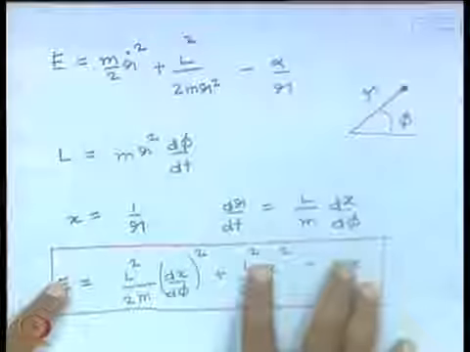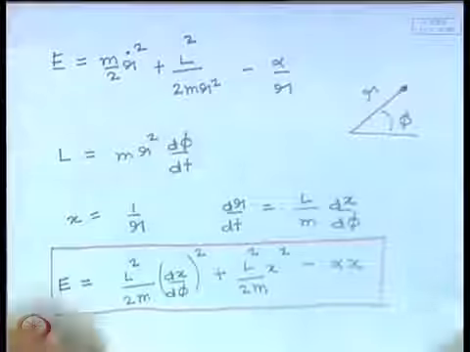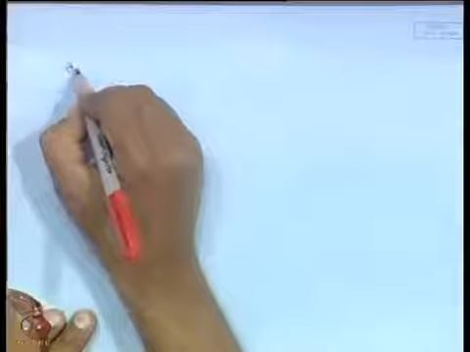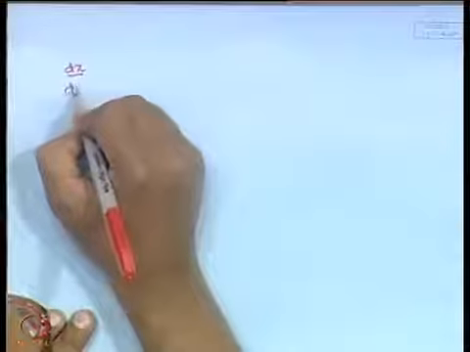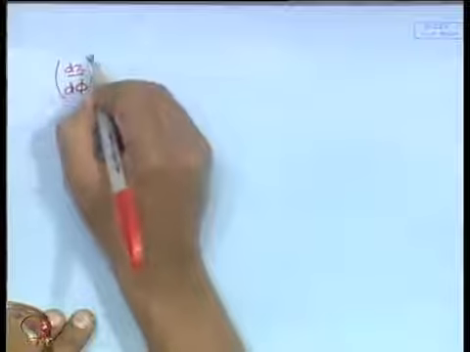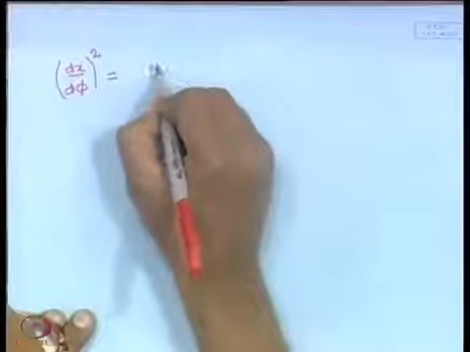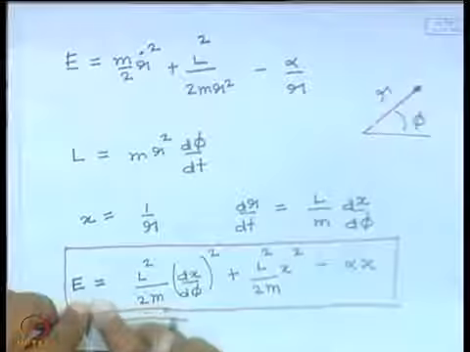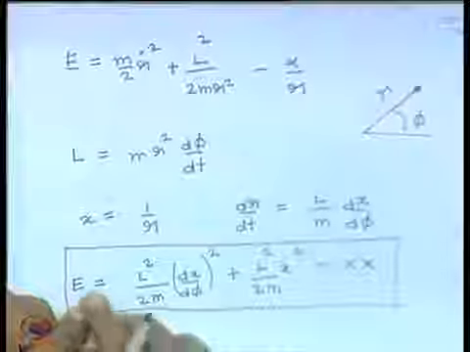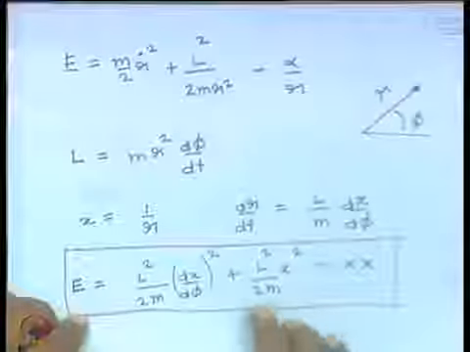If I multiply it with 2m by L square, and I can take these two terms on the left hand side, what I will get is dx d phi square is equal to E prime, which is E into 2m by L square, minus